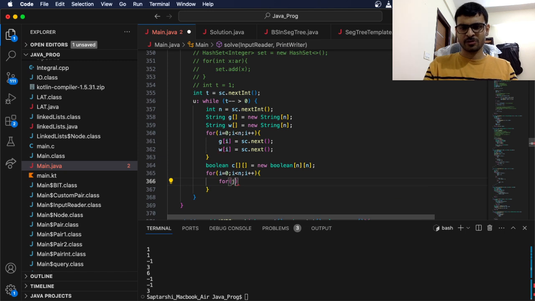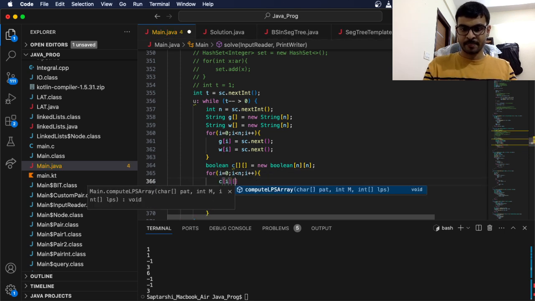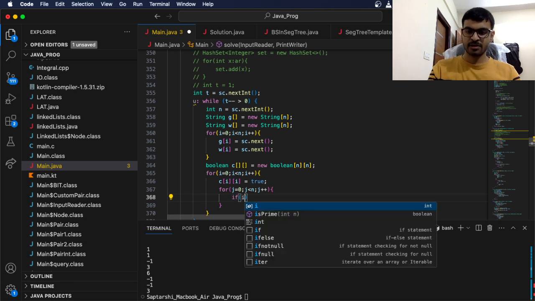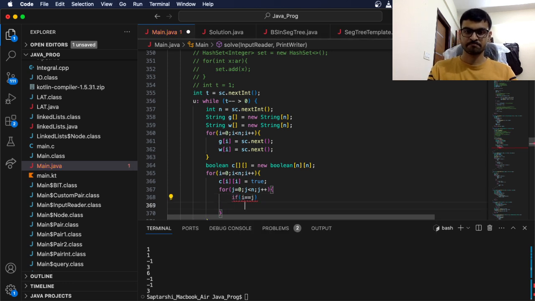For j equals 0, j less than n, j plus plus, C[i][i] equals true, and if i equals j, continue,